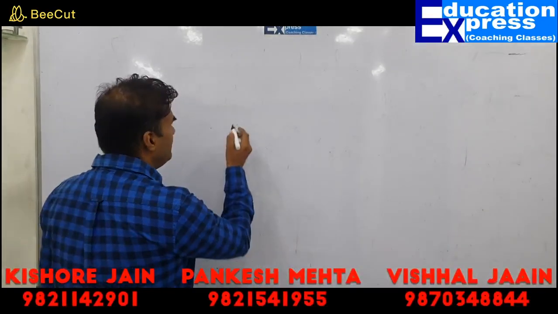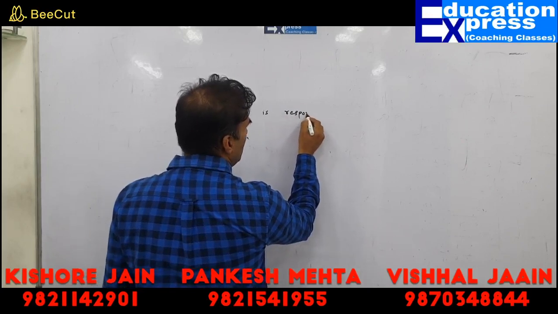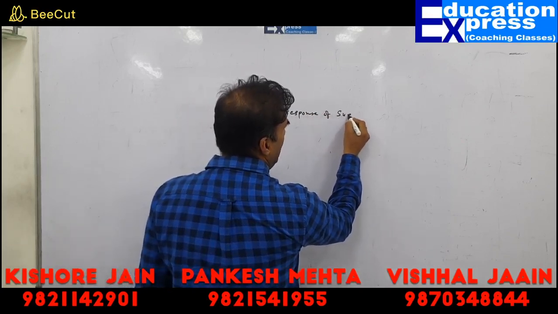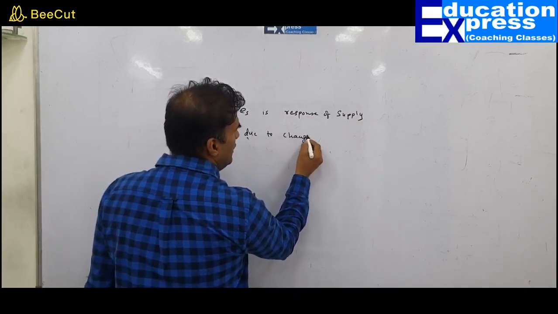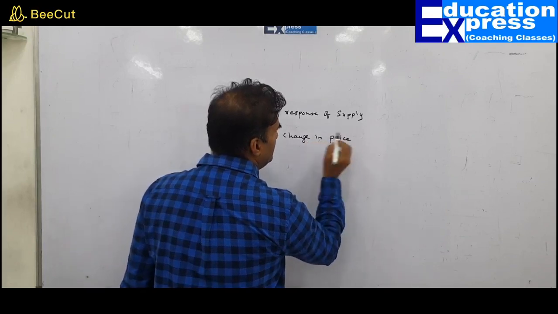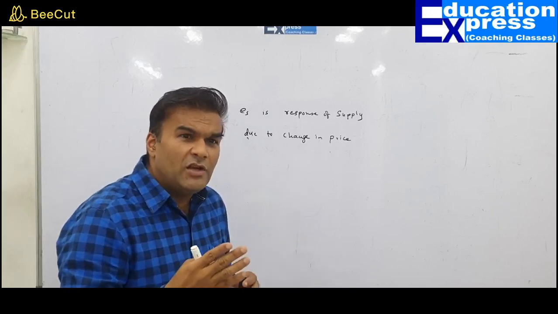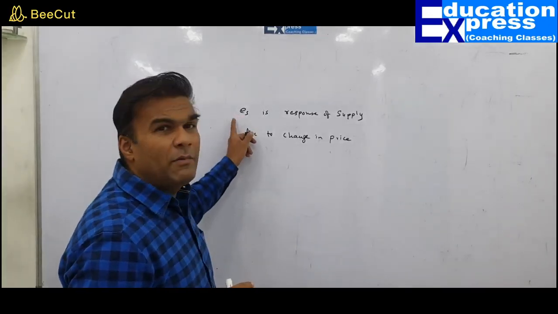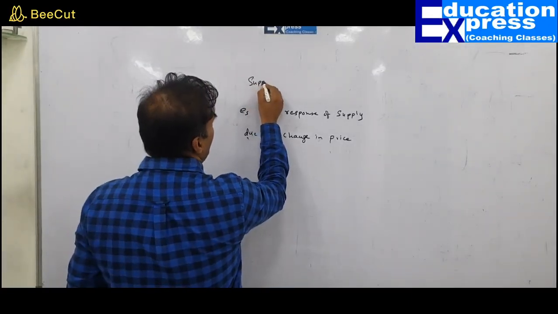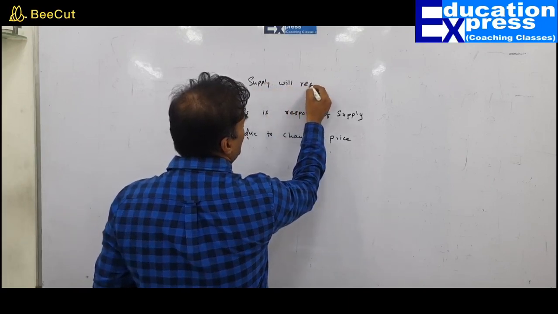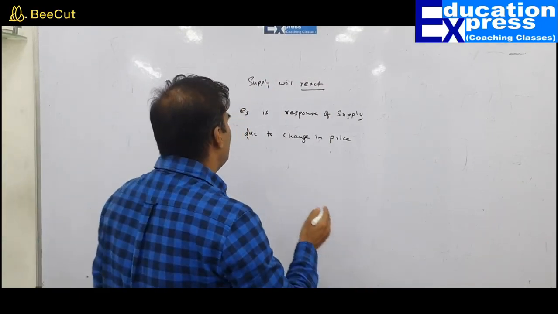elasticity of supply is response of supply due to change in price. Of course, both are correlated. Supply and price, they are correlated. If I change price, of course, my supply is going to change. So they are saying that how supply will react, how supply will react due to change in price. That is answered by